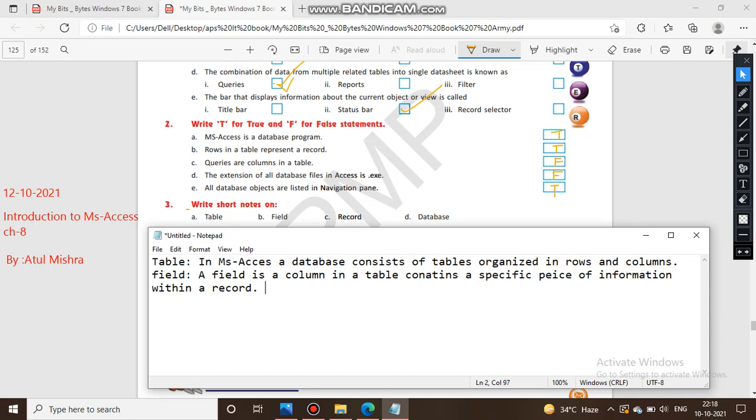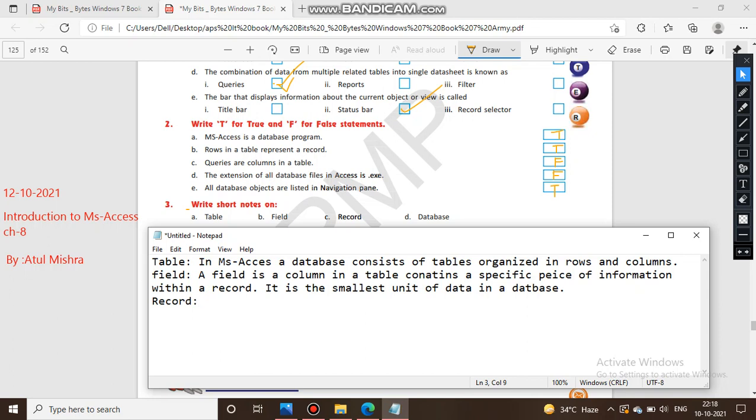Okay, and it is the unit data or smallest unit of data in a database.